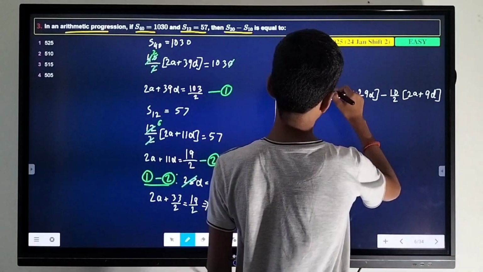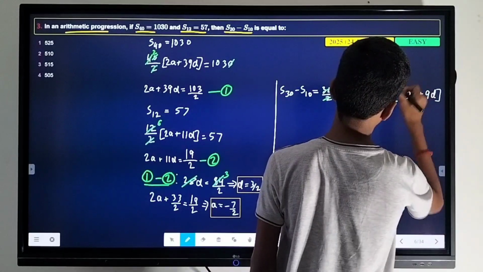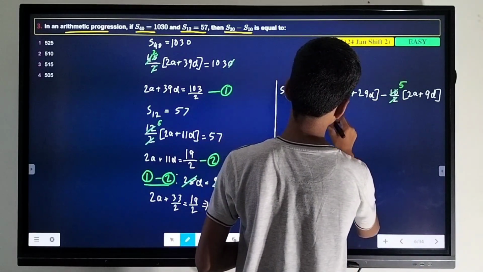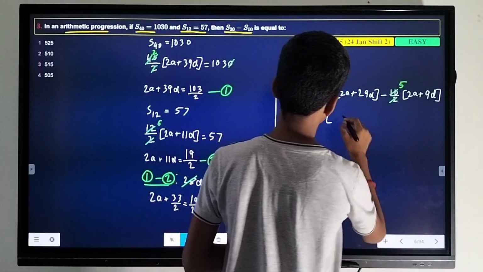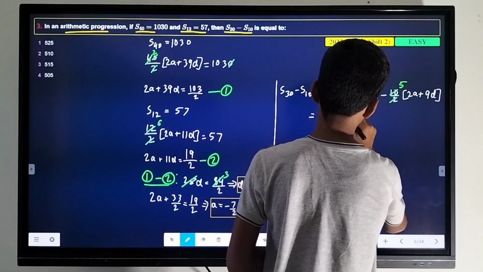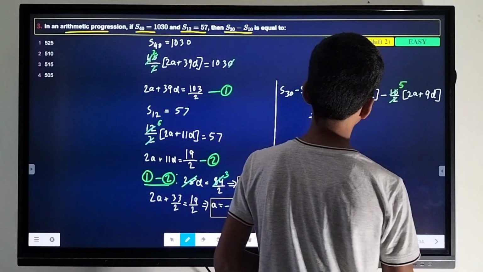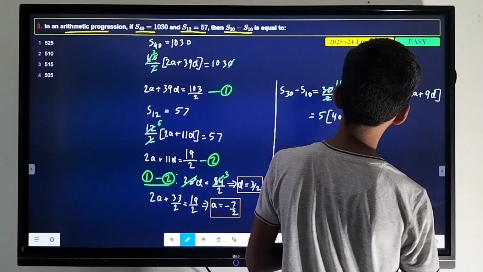Now 2 will cancel 30 15 times, 2 will cancel 10 5 times. We will take 5 common. Inside we will get 3 times 2a, 6a minus 2a, 4a plus